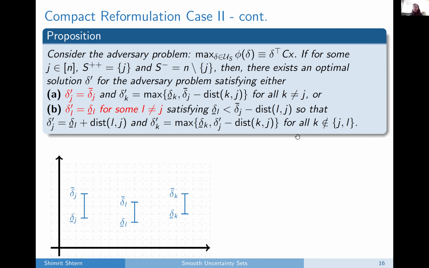So we start with these bounds on each of the uncertainties. These are the bounds, the projected bounds. Now, additionally, we have this distance between J and L. And we know that if we want J has a non-negative and possibly